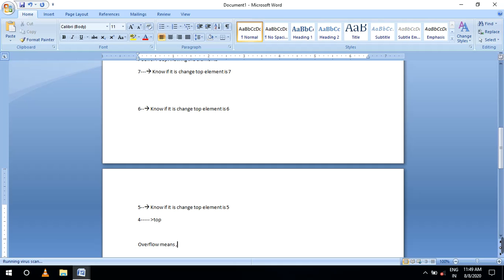Overflow means you have a number of sizes, for example n number of elements, that is how many elements you can insert. I'm inserting 4, so 4 elements are inserted.